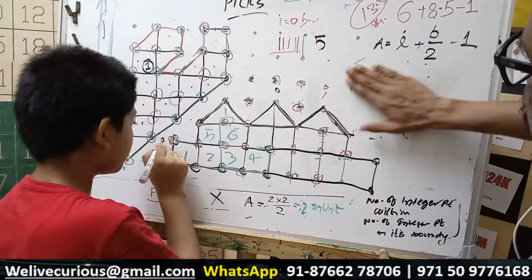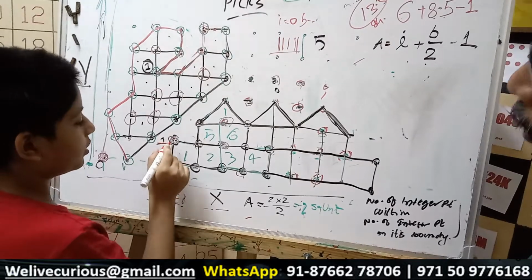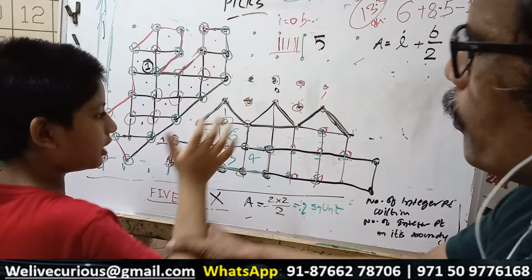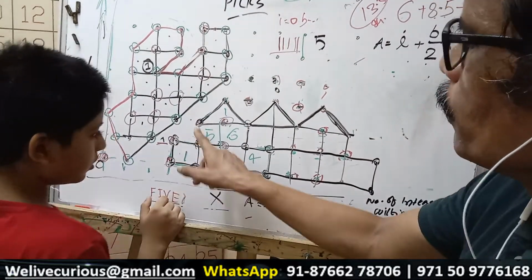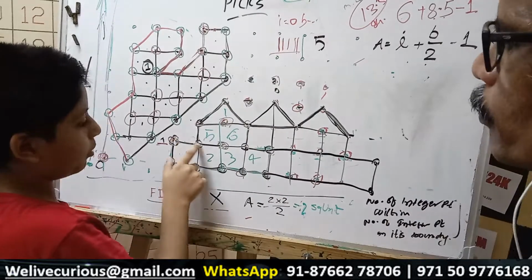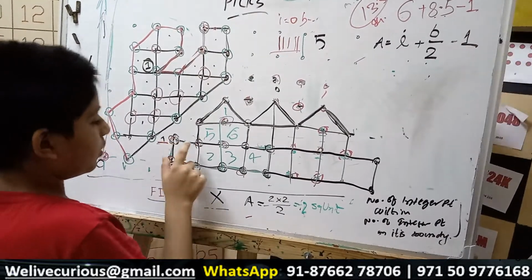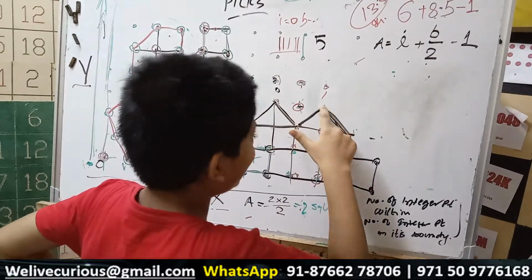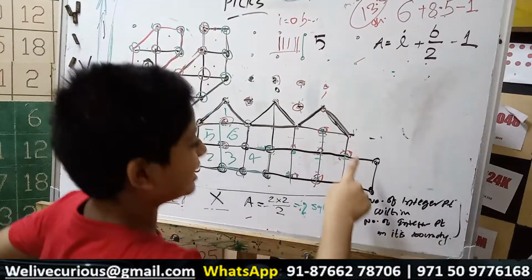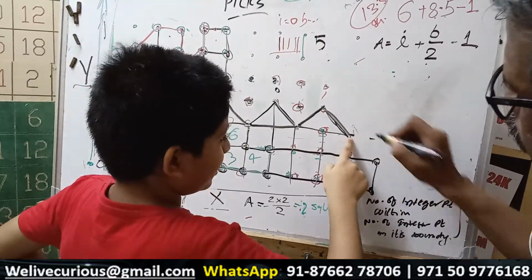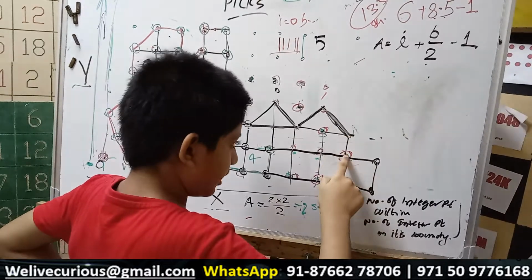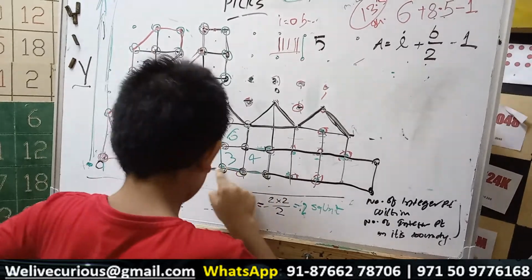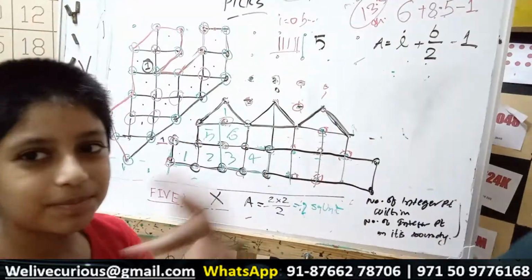Always when you start, mark your position. I've already marked it here. Okay, then keep on moving. 1, 2, 3. 1, 2, 3, 4. Oh, this is also a border point. Yes, I forgot it. 1, 2, 3, 4, 5, 6, 7, 8, 9. This was just going zigzag. 10, 11, 12, 13, 14, 15, 16, 17, 18, 19, 20. 20 are the border points.